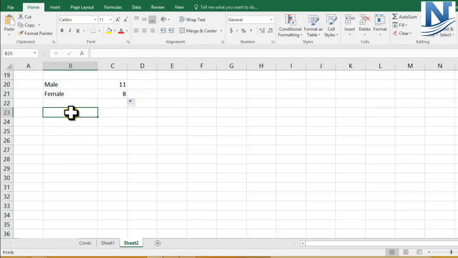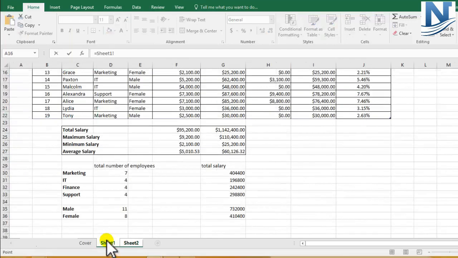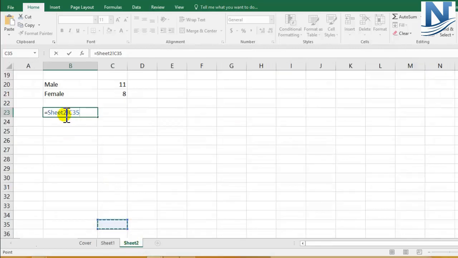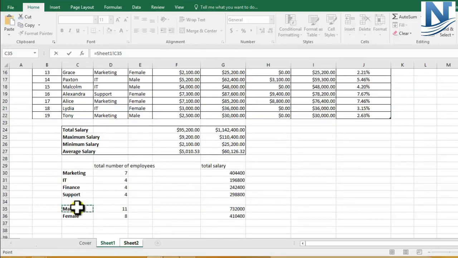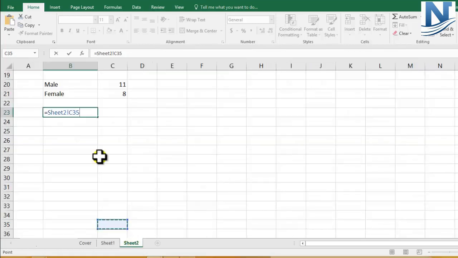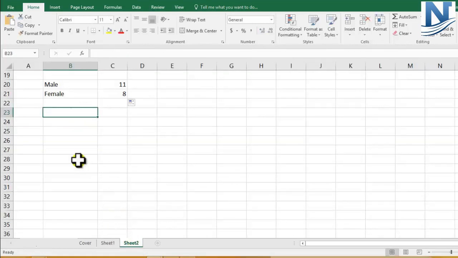Let's see what mistakes people can make when the data is not properly linked. What they usually do is they click on the equal to sign, go to sheet 1, select the data, and they do not press enter. So what happens if you do not press enter? You directly come to sheet 2 without pressing enter, and can you see now a random cell is linked. You have to click on enter. I'll show you again what the mistake is. You input the equal to sign, come to sheet 1, select the data, but you directly come to sheet 2 without pressing enter. Then the cell is not properly linked. So be careful, do not make this mistake. You have to press enter.